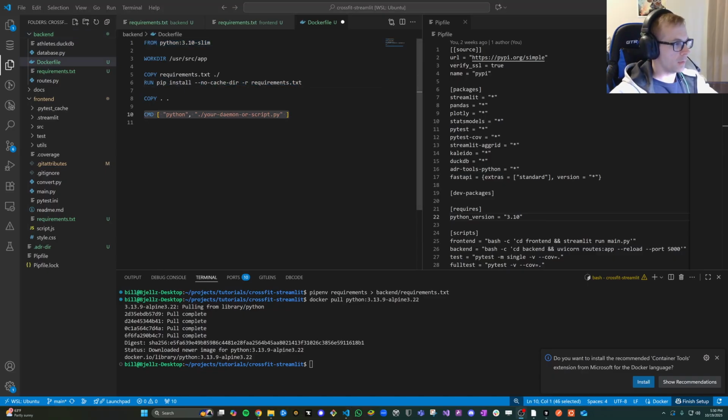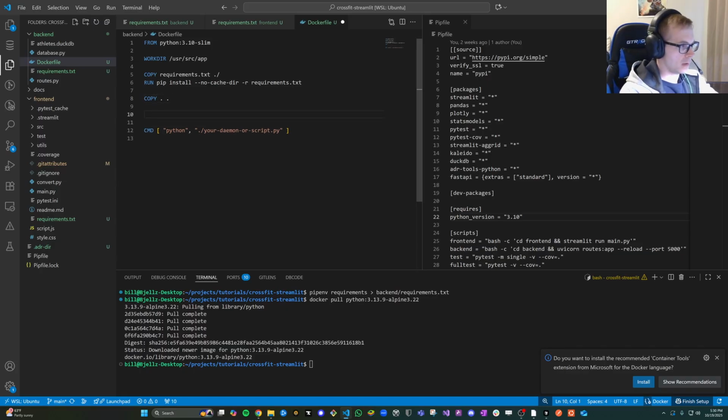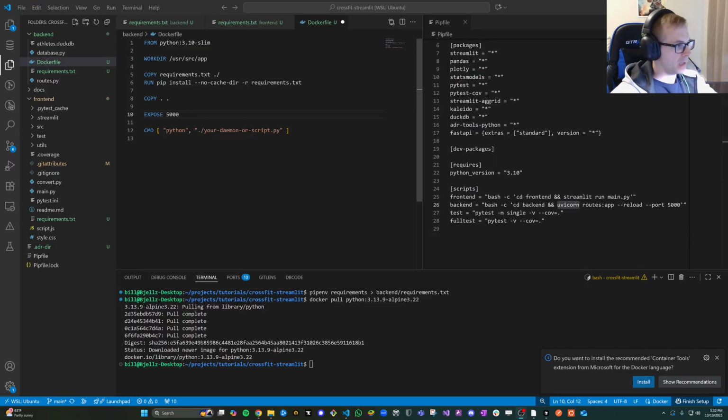Okay, now a couple of other things that we want to do. This is going to be for the FastAPI server, right? So this runs on a port. In Docker, the way that we can do that is we can use the expose command here and then put the actual port that we want it to run on. And then another thing here is that we can use CMD